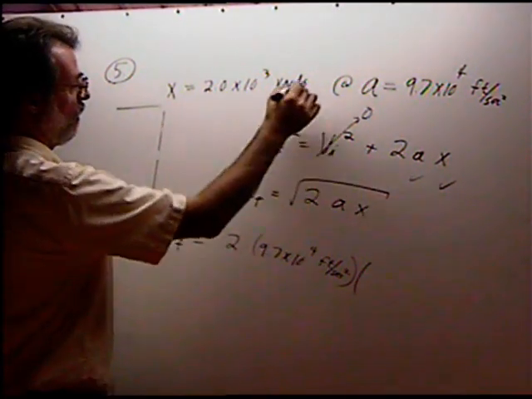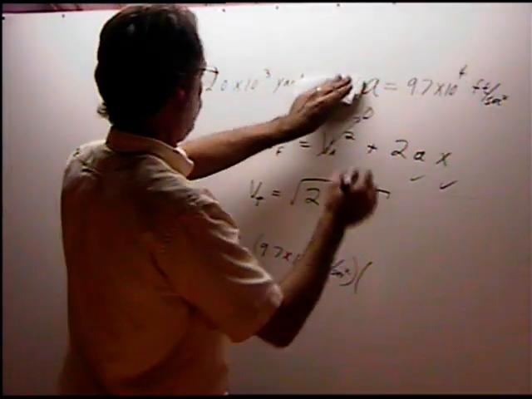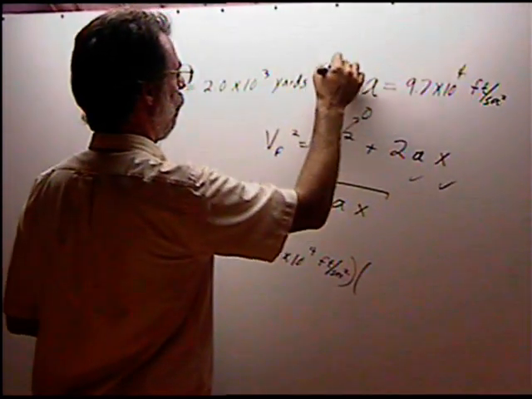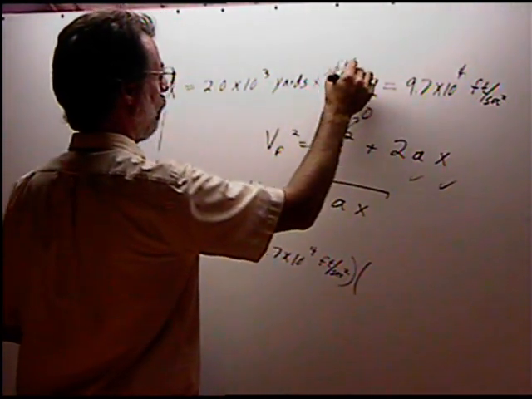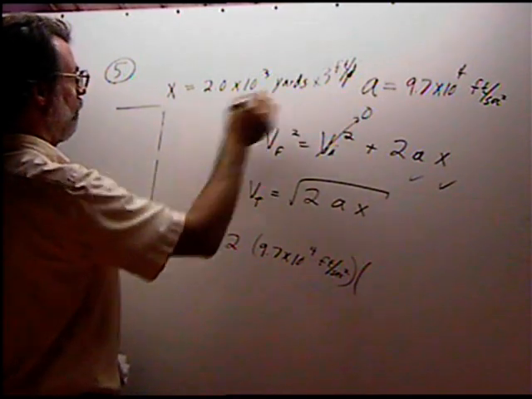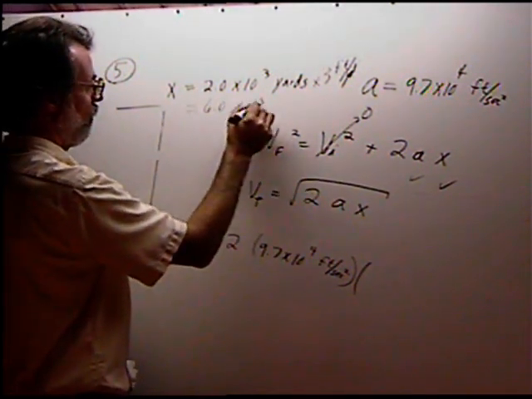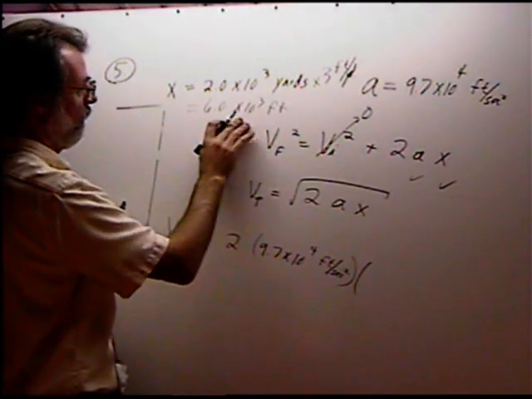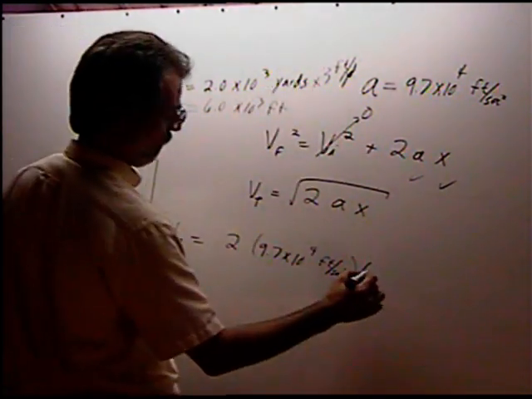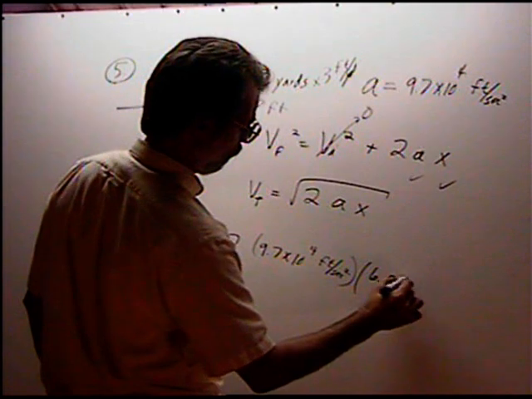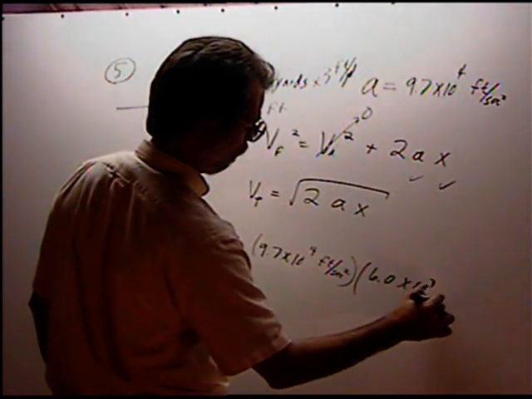We multiply by 3 feet per yard. Yards cancel out, and that gives us 6.0 times 10 to the third feet. Okay, just multiply by 3. So we get 6.0 times 10 to the third feet